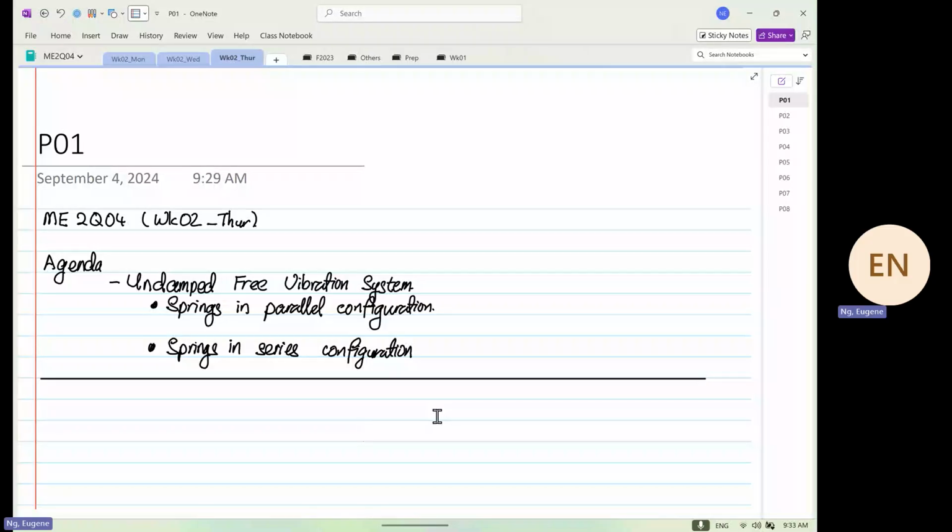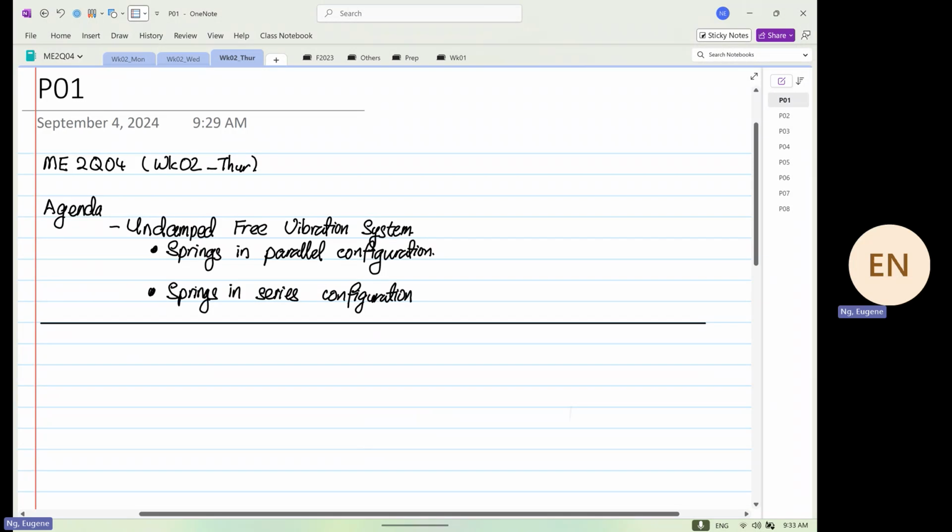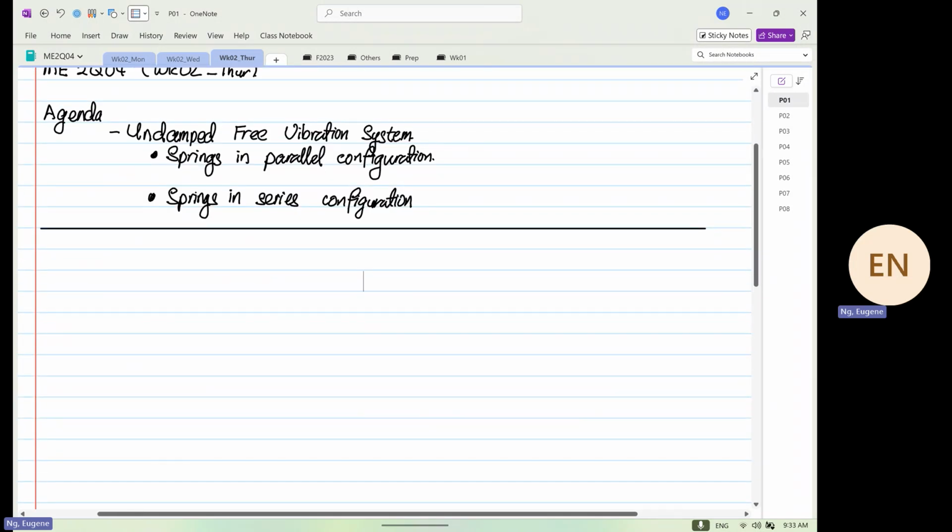Free vibration system. And we're going to look at springs in parallel configuration and springs in series configuration. But I have some unfinished business to do. Okay, so yesterday we talked about natural